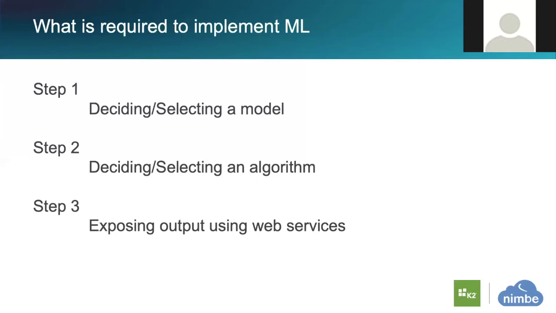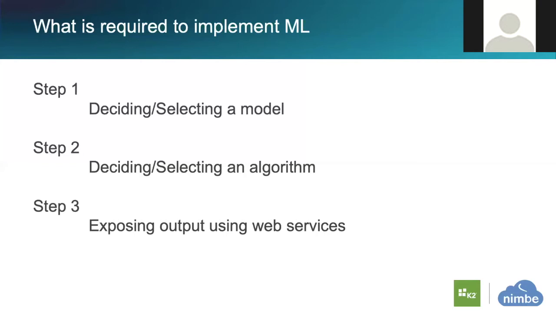Then the second thing is selecting an algorithm. Irrespective of which library you use, there's probably more than 500, 600 different algorithms, or combinations of algorithms, which are available. I mean, actual algorithms are small, but they're used in a variety of ways. And a typical implementation would always use more than one algorithm as well. You would rarely stick with only one.